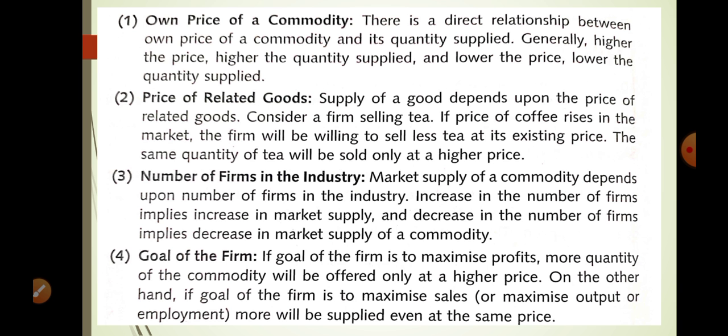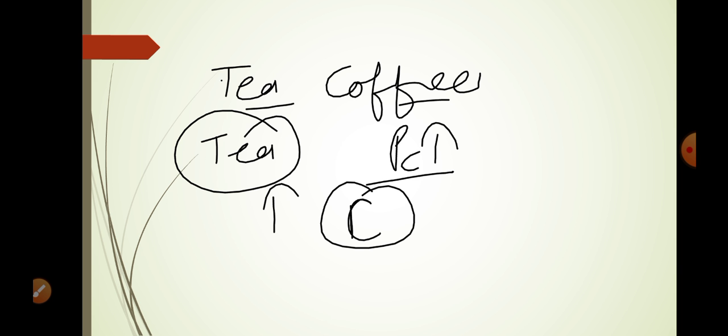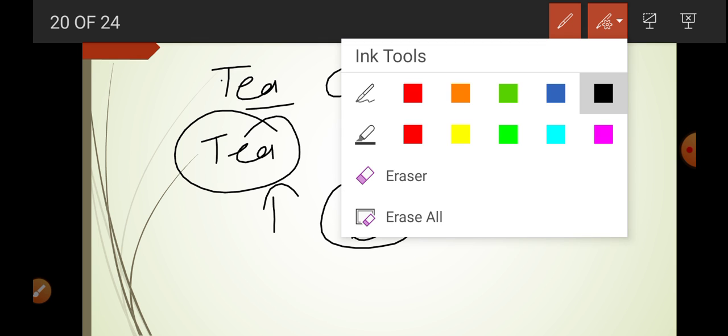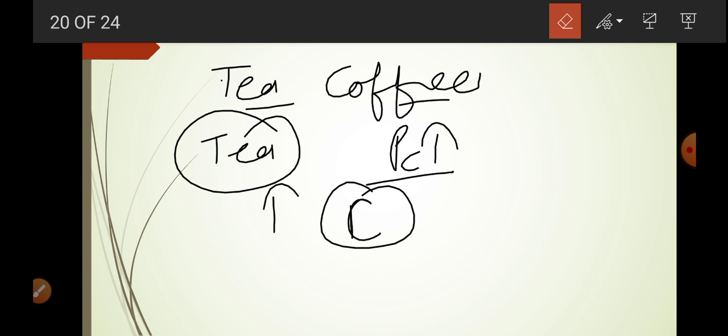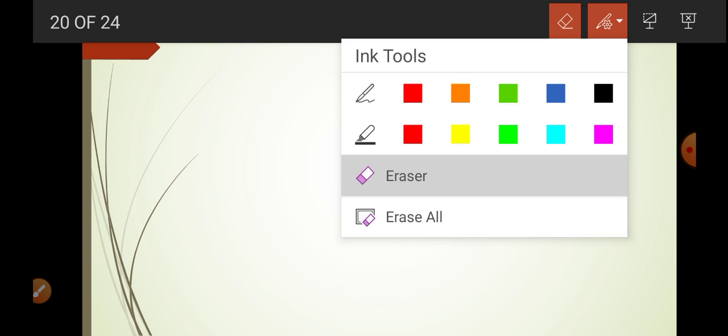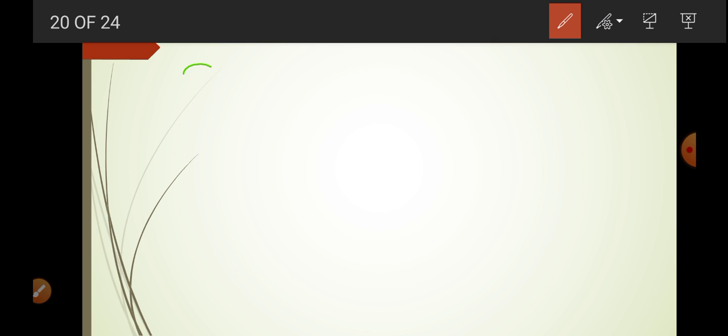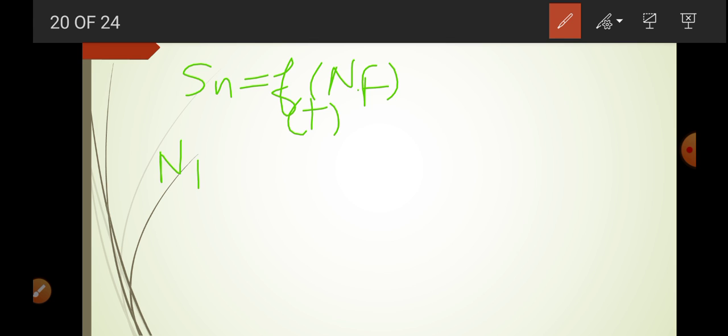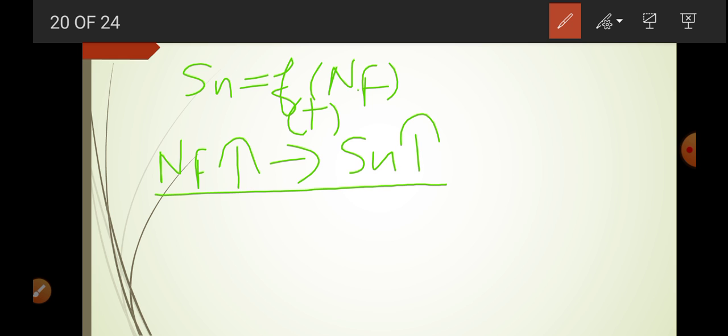Now next is the number of firms in the industry. Supply of X is a function of the number of firms. So there we find a positive relation. If the number of firms is going to be more, then in return the supply of X good is going to be more. Like you can take the example of